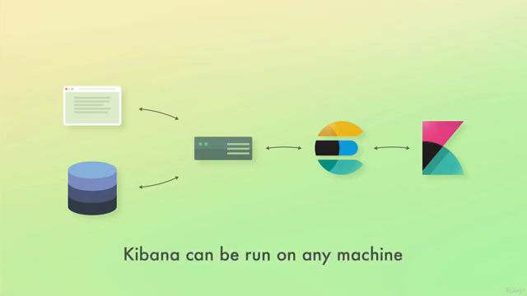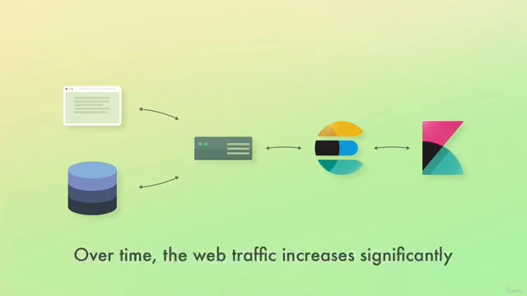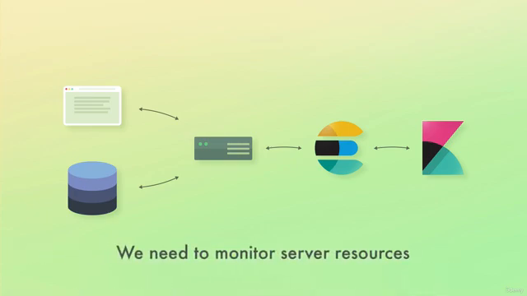To keep things simple, let's just assume that we have a dedicated machine or a virtual machine to run Kibana on. So all we need to do is to run Kibana on a machine and configure it to connect to Elasticsearch. That's it. As time passes, the business continues to grow, and we're really starting to see a lot of traffic on the website. Our server is starting to sweat a bit, and we want to make sure that we can handle future growth.